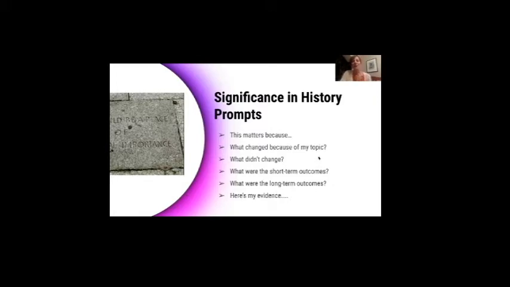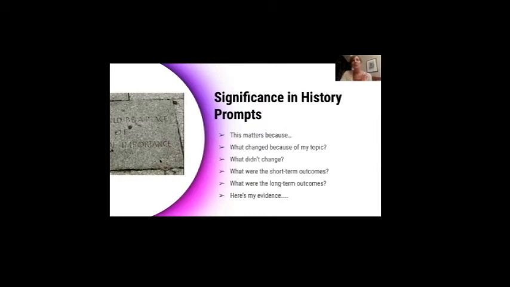I am going to start by talking about significance in history, because that is an important component of every project that is easy for kids to leave out. But I want to emphasize to everybody that that is a required element, and the judges will be looking for it. We have a criteria on the evaluation sheet that says, how well did they cover significance in history? And I think it can be vague what that means, so we're going to talk about it in some detail.